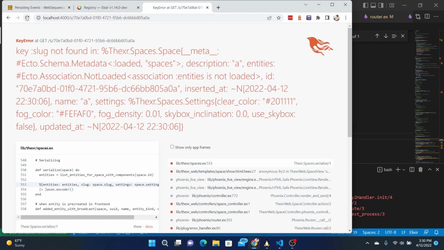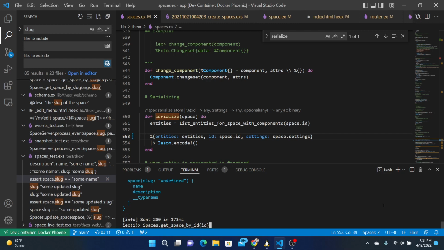Is that enough? Okay, got some stuff for it. So space equal get. Is there one space?